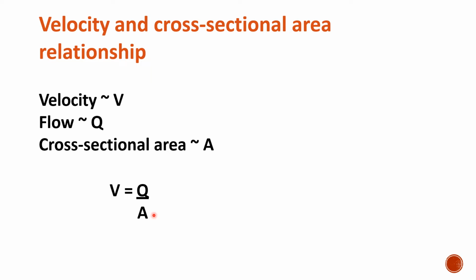If blood flow is constant, the velocity of flow is inversely related to cross-sectional area. So here if you take the example of capillaries and aorta, the capillaries' cross-sectional area is 1000 times that of the aorta. So velocity of blood flow will be more in the aorta compared to the capillaries.